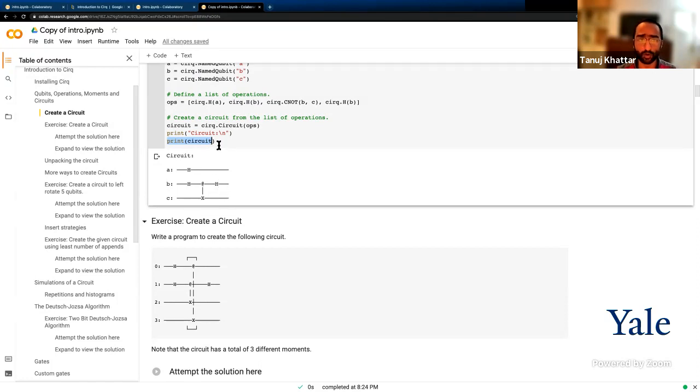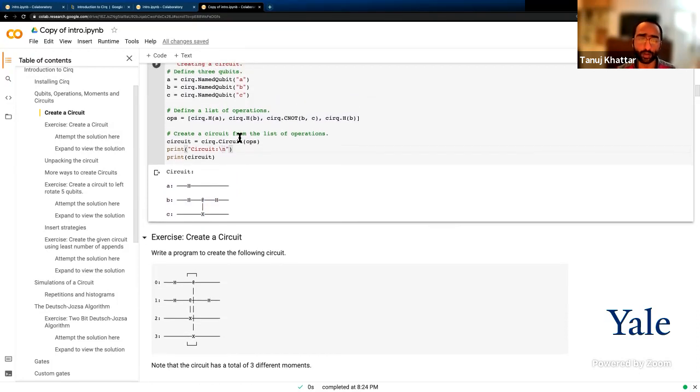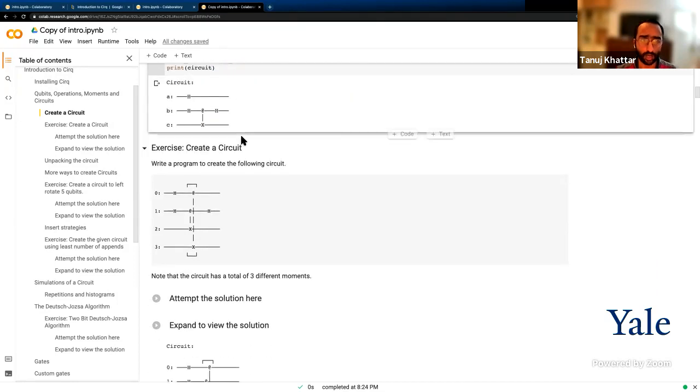Okay, we will learn more about these insertion strategies. You should notice that the circ.Circuit class took a list of operations, which is a 1D object, and turned it into a 2D representation. So it decided by itself which operation should go into which moment, and we will see later on how you can control this decision, using something called an insertion strategy. Okay, so I hope that this gives you a good idea of how you can create your own circuits in Cirq. So now we have an exercise